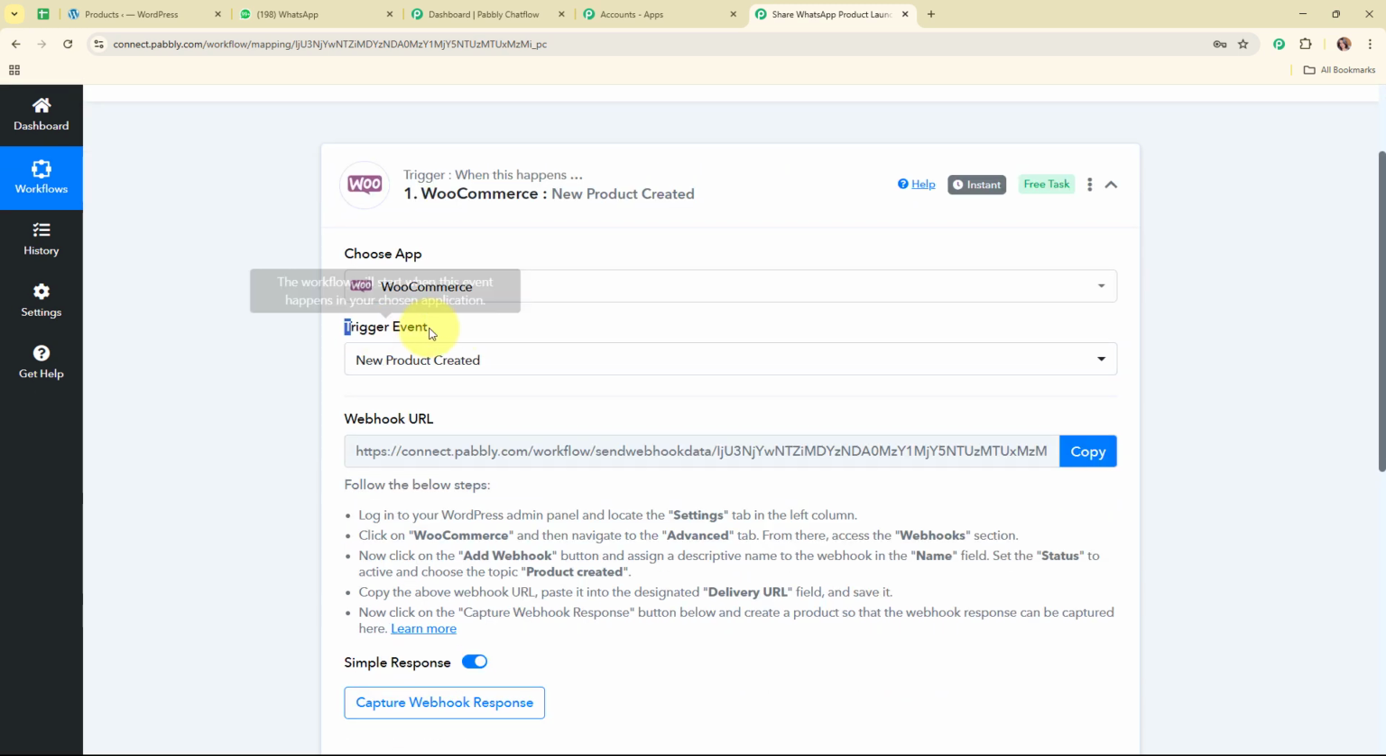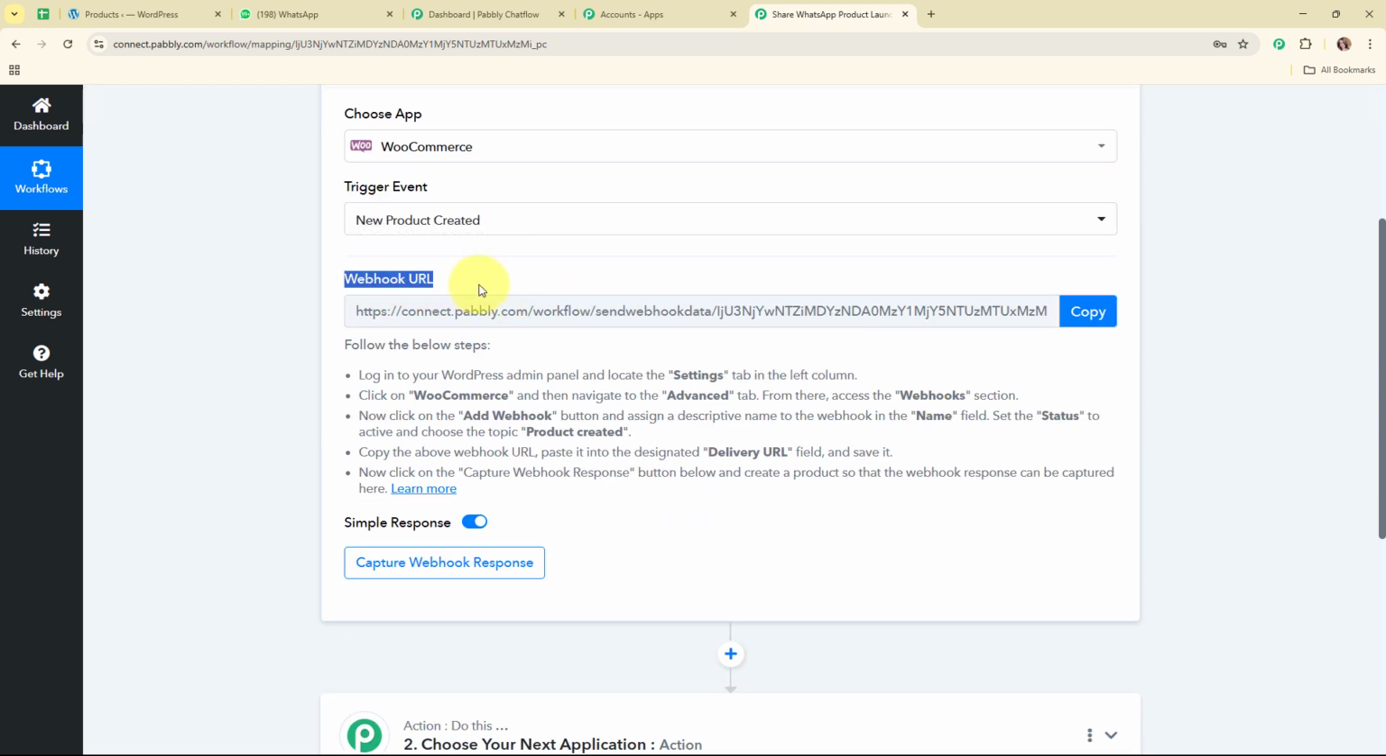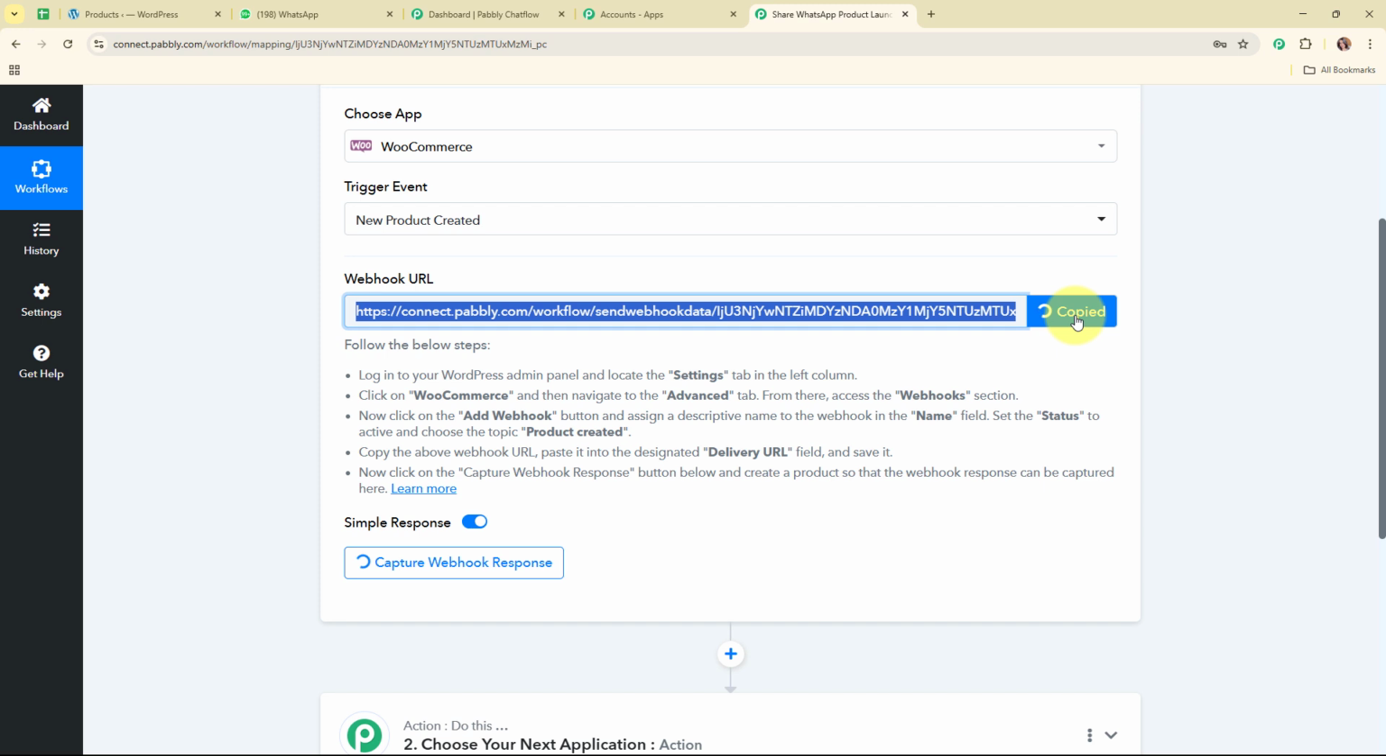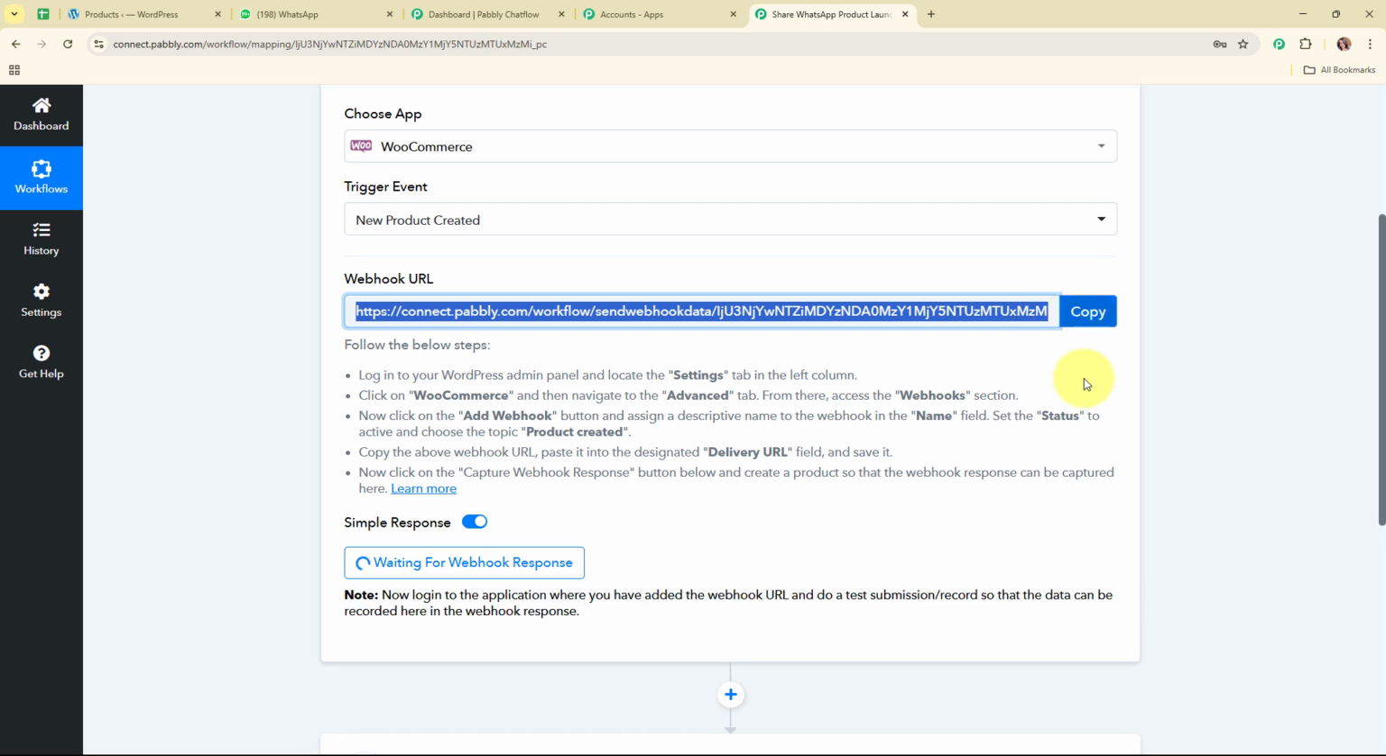Alright, so now you have selected my trigger event. You can see I have received a webhook URL. That means here I'm going to use this webhook URL to connect my WooCommerce account with Pabbly Connect. So following the instructions given below, firstly I'm going to copy this webhook URL, and here I've already logged in